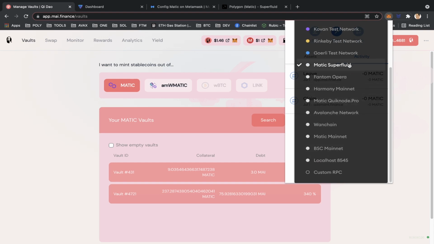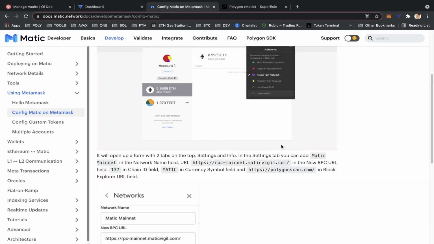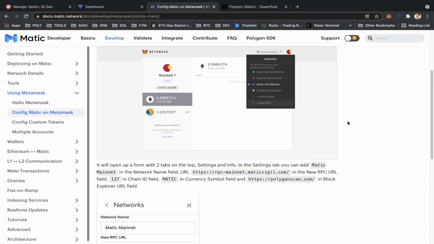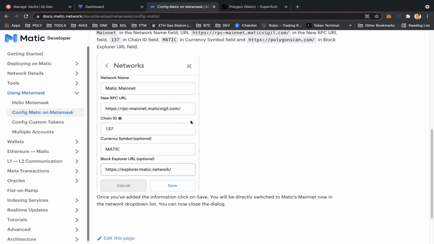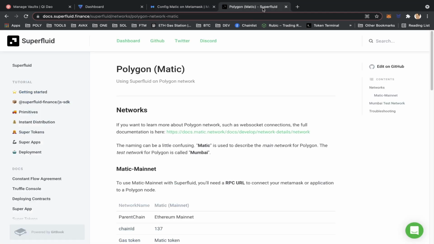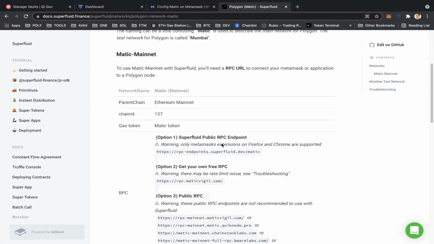I've got Matic Superfluid, Matic QuickNode.pro, and the Matic mainnet. So I'm just going to introduce you to two before I introduce you to the Matic mainnet RPC. This one can end up a little bit clogged up. So the one I'm recommending is Superfluid, and if you go down here,